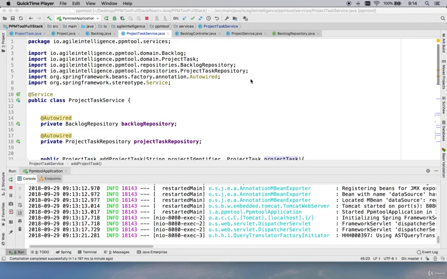Hey everyone, this is going to be a really short one, and I just want to go back to that bug that we had in the past lecture where it was giving us a null pointer exception when we were trying to persist. So the problem that we had there is that